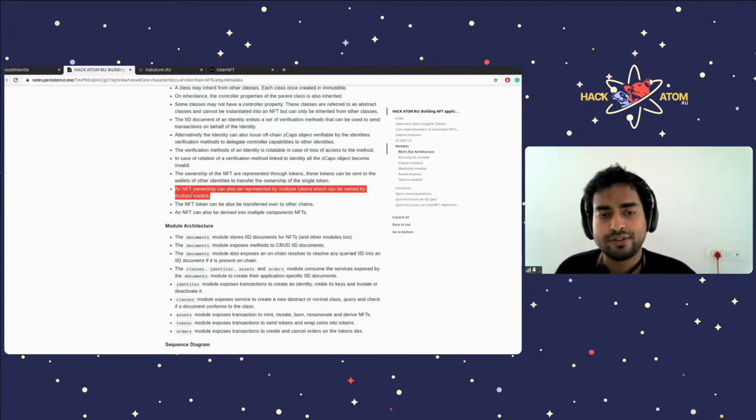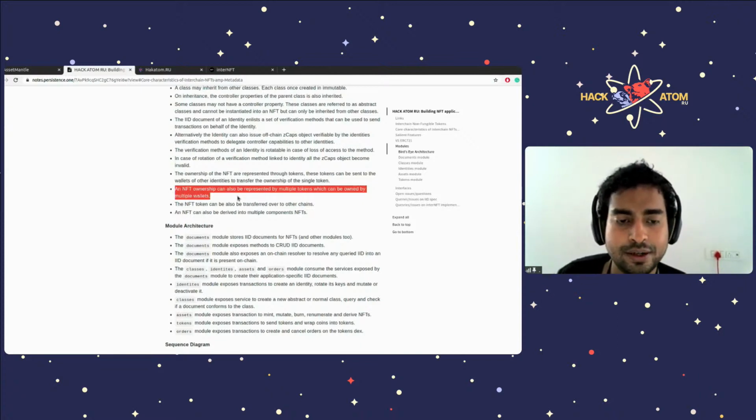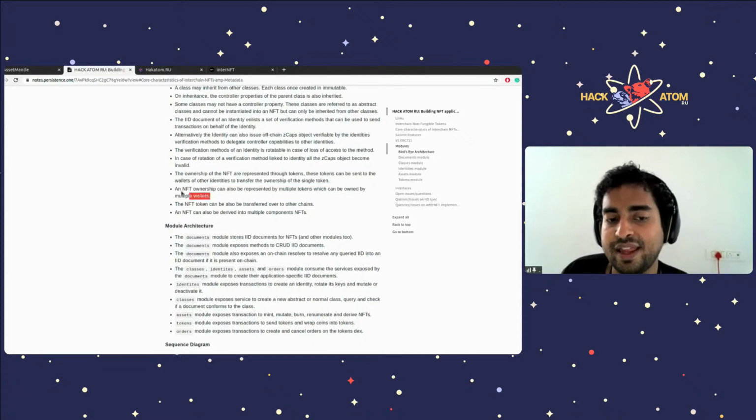So, but this is very different. The fractional ownership component is very different from the component ownership. So, for example, if there is a piece of land that is fungibly owned by 100 people without defining who owns exactly which longitude, latitude from that land, then that particular way of representation of ownership would be